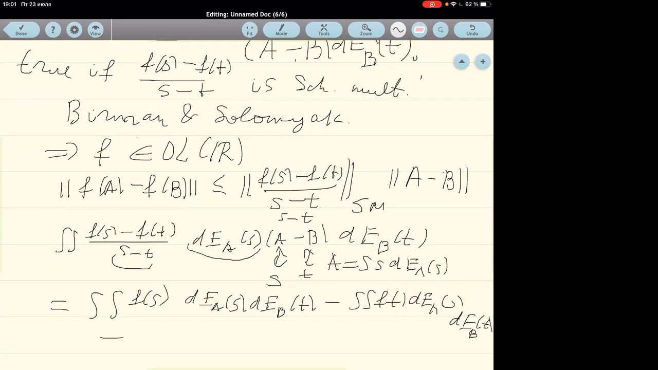Okay, the first integral is equal to f of a, and the second integral is equal to f of b. Actually, this is a rigorous proof if f is also a bounded function. If f is unbounded, then the proof is slightly more complicated. This is an idea why